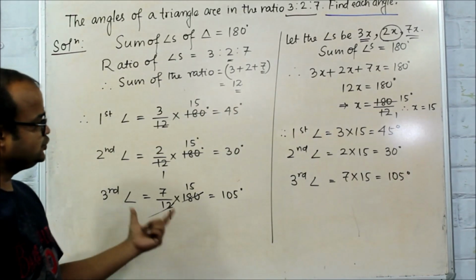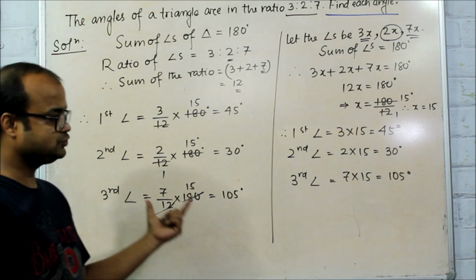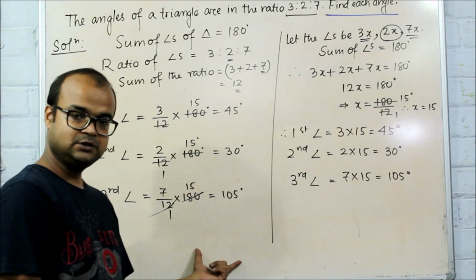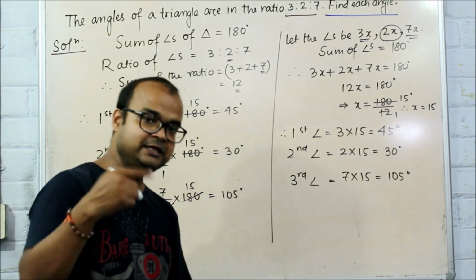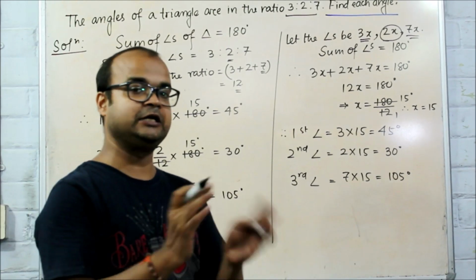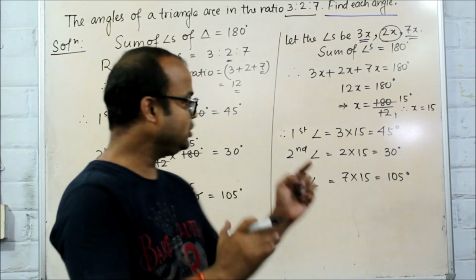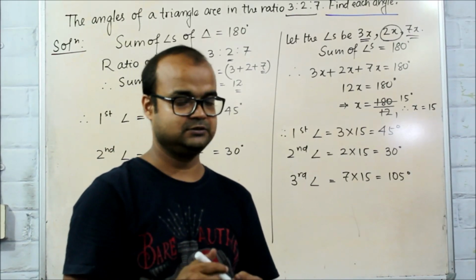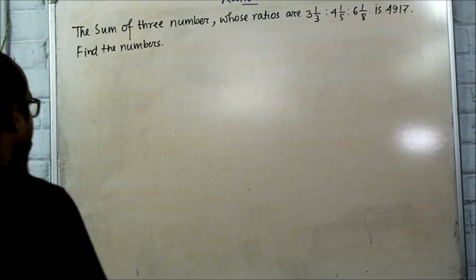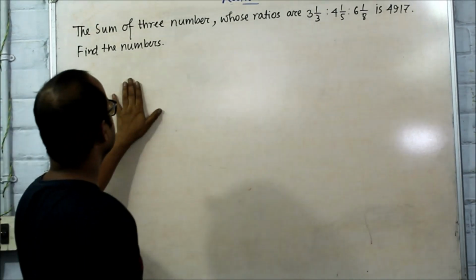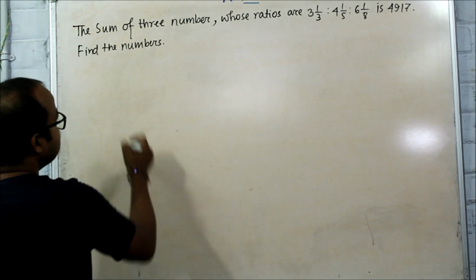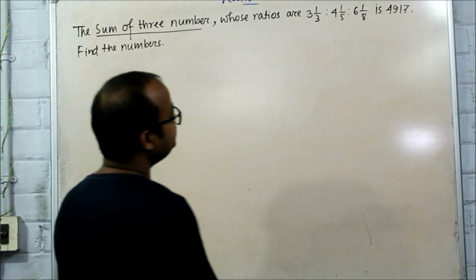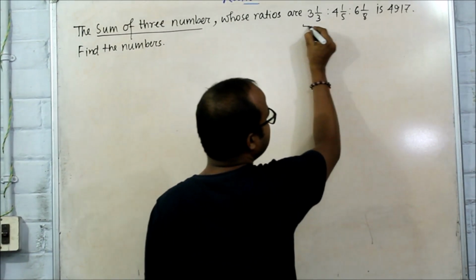So for the last two sums I showed you both the methods. Clear? Now the remaining sums I am going to show alternatively, either with x or with this method, so that you can practice one of the methods. Clear? Now moving on to the next problem, the sum of three numbers whose ratios are given,